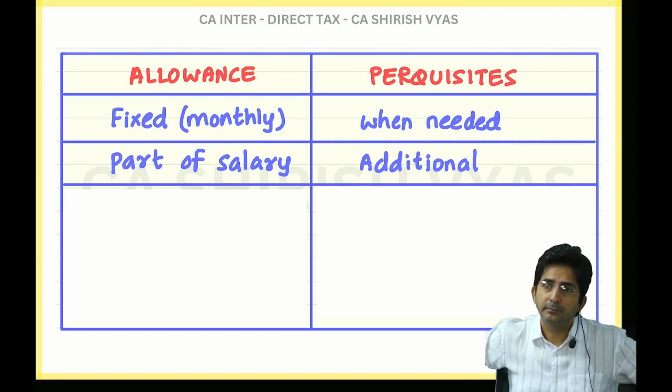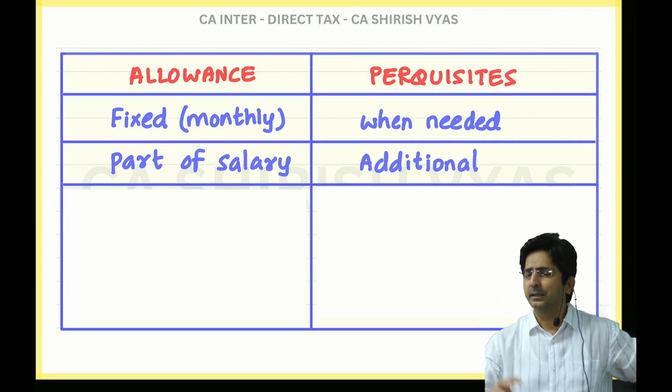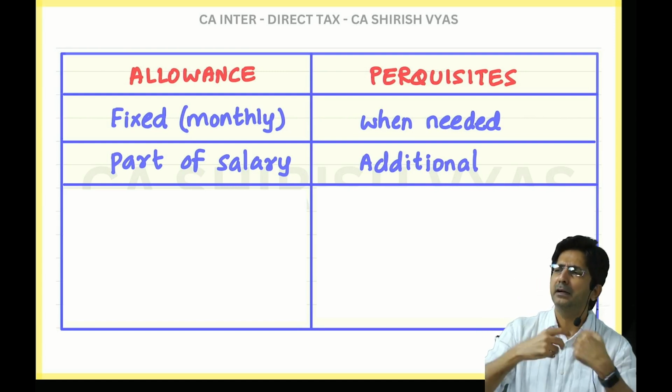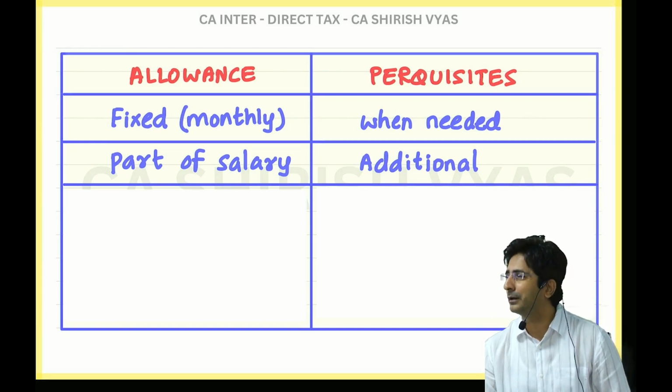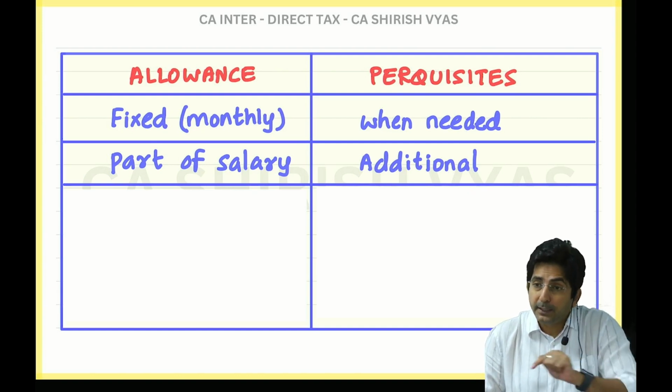Lunch. If it is allowance, what will the boss say? He will fix an amount, say 500 per month. And that will be included in the salary. Every month you will get 500. He will not even inquire, are you having lunch at home or in a hotel? He is not bothered. Because it is a part of salary which I have to give. But if it is perquisite, then